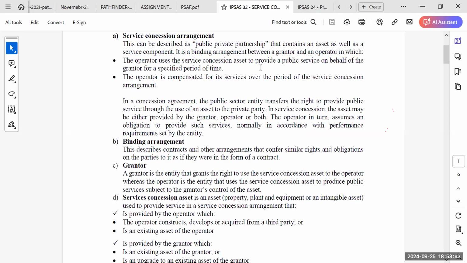So the service concession asset can either be provided by the operator or the grantor. So the grantor can actually construct the asset and use it to provide a service. Then we can also talk about the operator using the existing asset. The asset can either be provided by the grantor, who is the government, and that will be